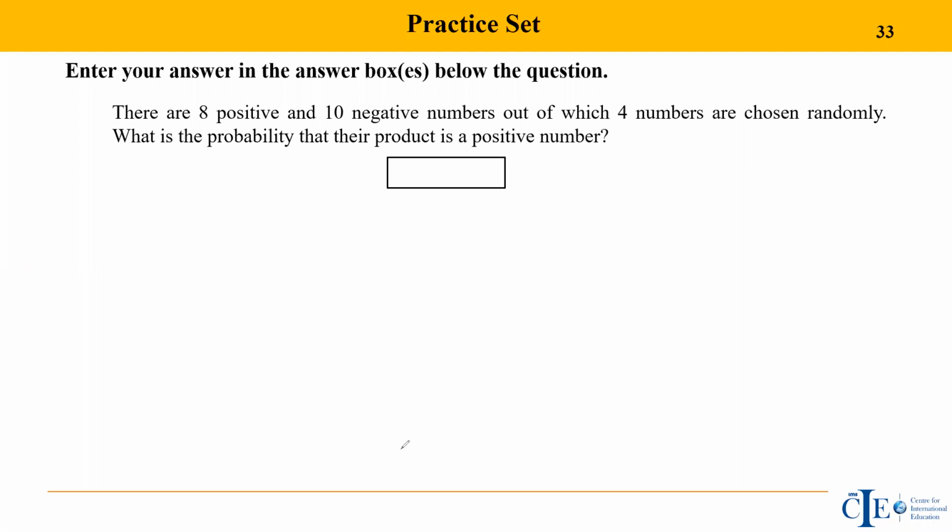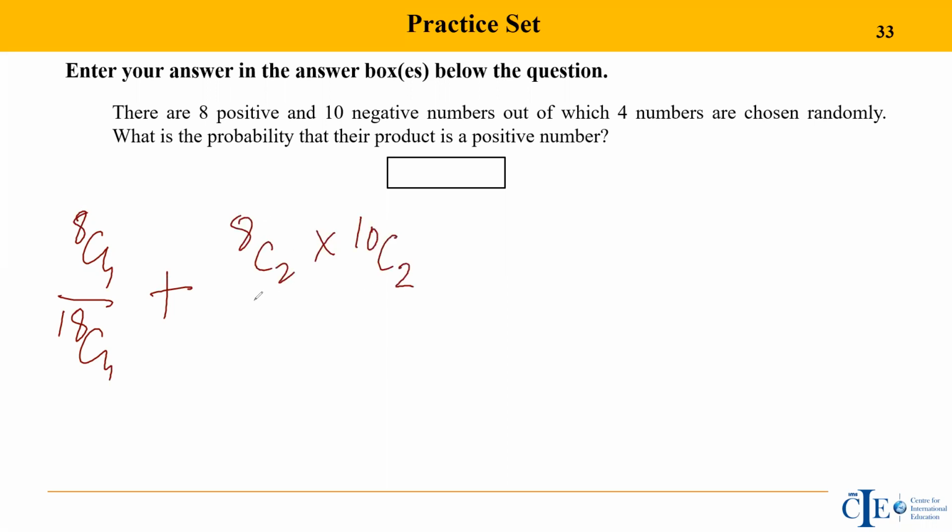The product has to be positive, right? It's just like the even-odd case, no? And it doesn't matter which numbers you are choosing. So all four positive, then it would be positive. So 8C4 on 18C4, or two positive, two negatives: 8C2 into 10C2 on 18C4,